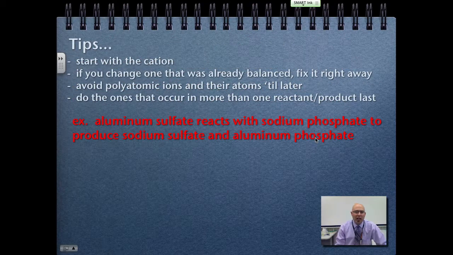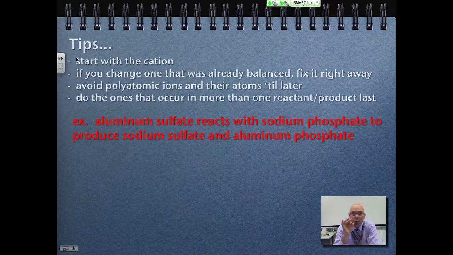So here we are. Aluminum sulfate reacts with sodium phosphate to produce sodium sulfate and aluminum phosphate. Okay, first step is taking that word equation and writing a formula equation. Again, I don't know how comfortable everybody is with that. You probably feel the need to say, okay, aluminum, I look it up on the periodic table, is a 3+ charge. Sulfate is a 2- charge. So again, you've got the 3+, the 2-,